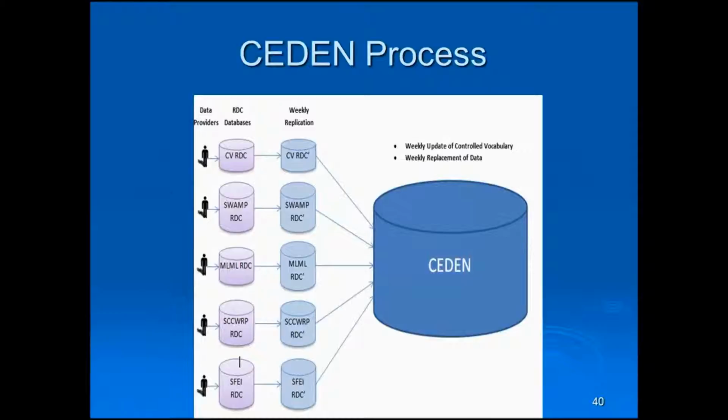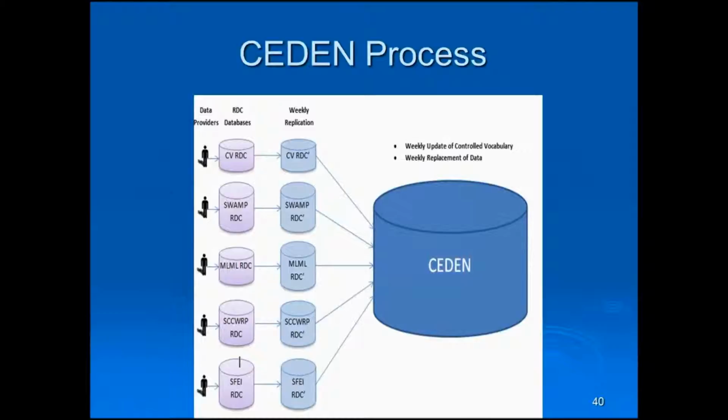ML is Moss Landing Marine Laboratories, that's a Central Coast RDC. SCCWRP, the Southern California Coastal Water Research Project, covers the Southern California area, and SFEI, the San Francisco Estuary Institute RDC, covers